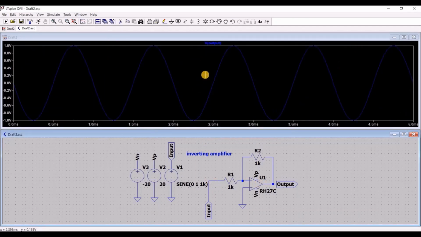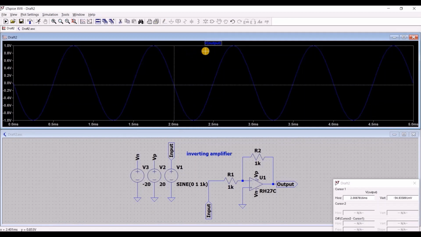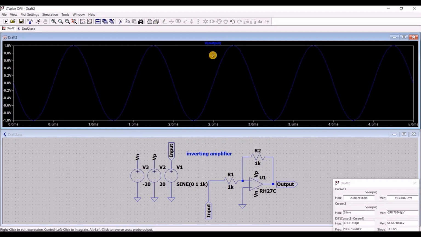By clicking on the plot label, a cursor similar to that of an oscilloscope will appear. Clicking again will generate another cursor. Vertical and horizontal displacements are automatically computed, and hence, we can approximate the frequency and the peak-to-peak voltage of a